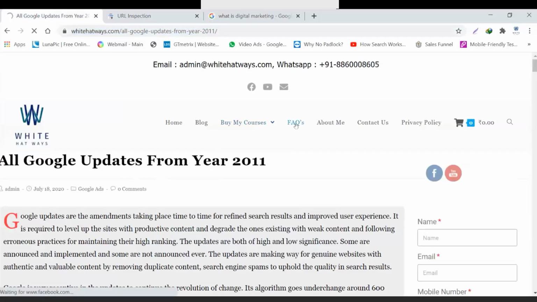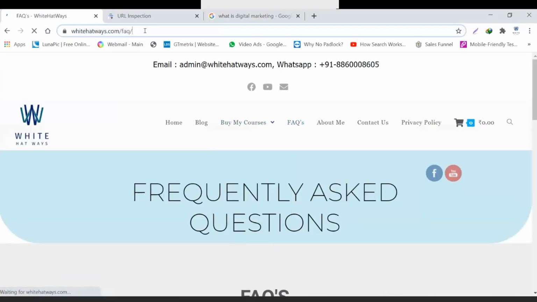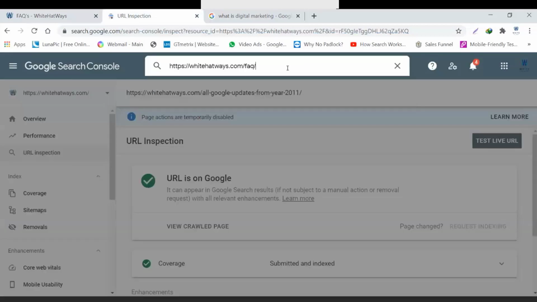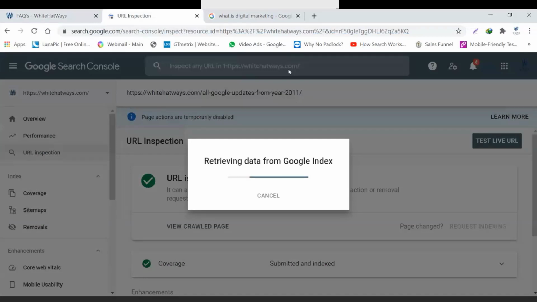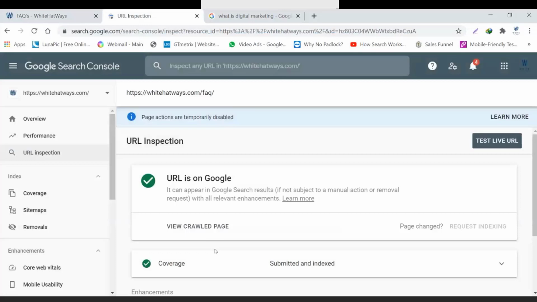So I'll take another URL, maybe this one, and try it once again. I'll press Control C, go to the URL inspection tool once again, put this URL over here, and hit enter. Let's see whether it's been indexed. And again, this is already indexed.